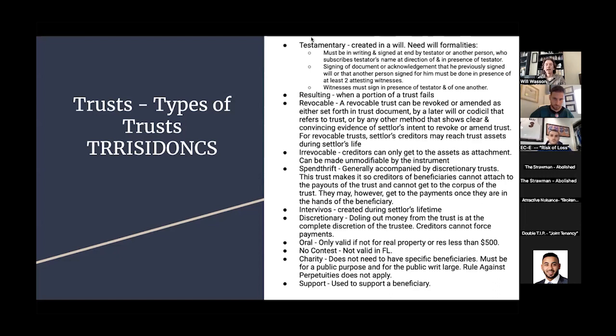Even if it's not the facts of the case, facts of the question, you're still going to get points for knowing what a resulting trust is. You're still going to get points for knowing what a charitable trust is. And maybe not as many points. You don't want to spend too much time on it. But just throwing in that a charitable trust does not need a specific beneficiary for whatever reason, just throwing in one sentence, that can be so much more points compared to what other people are getting.